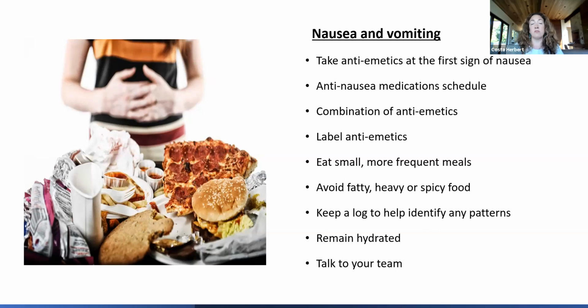Eat more small, frequent meals and avoid anything fatty, heavy, or spicy. And this is a big one, and we'll talk about it in a couple of different capacities as well: keeping a log to identify any patterns is really helpful. If you're going even a couple of days without seeing your medical team, and you've had nausea and vomiting, or even up to a week or two without seeing them, it's really important to help us determine,